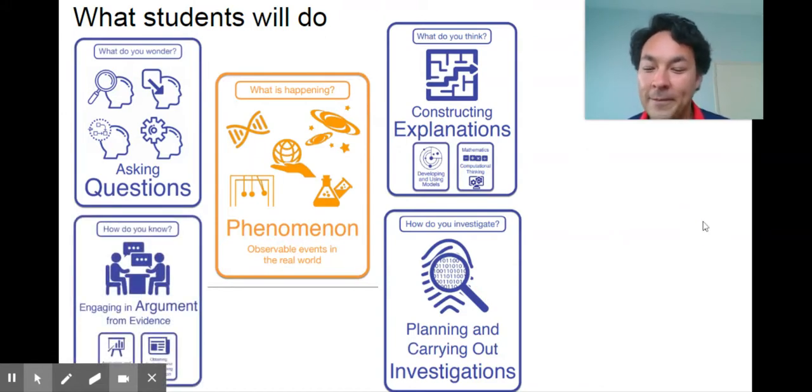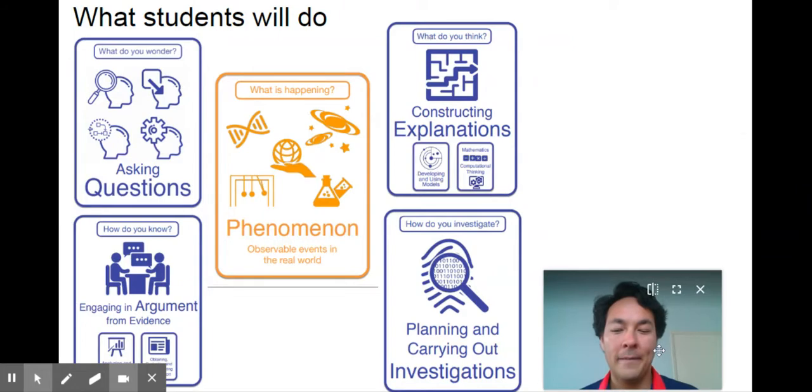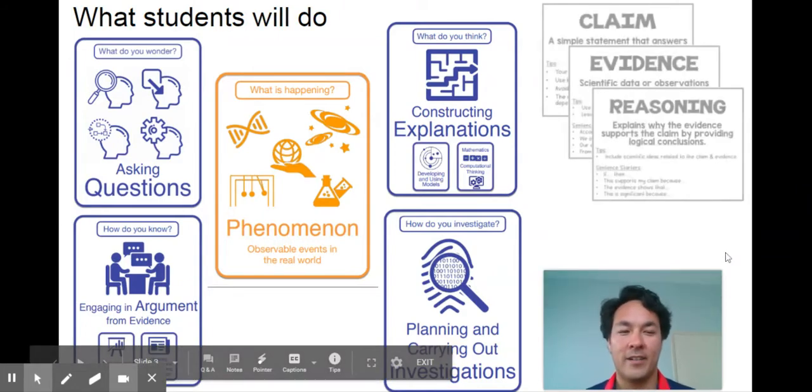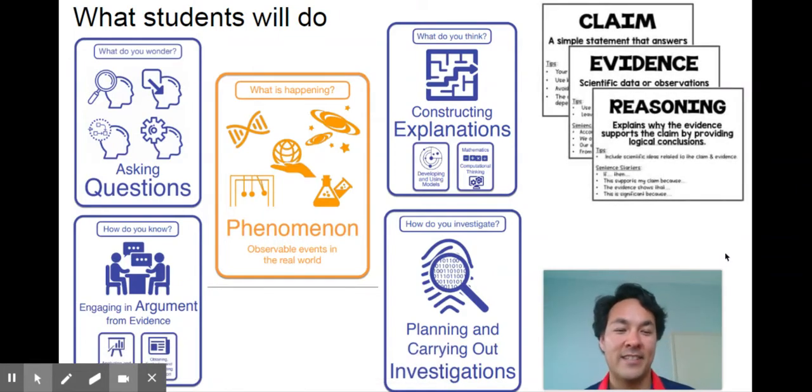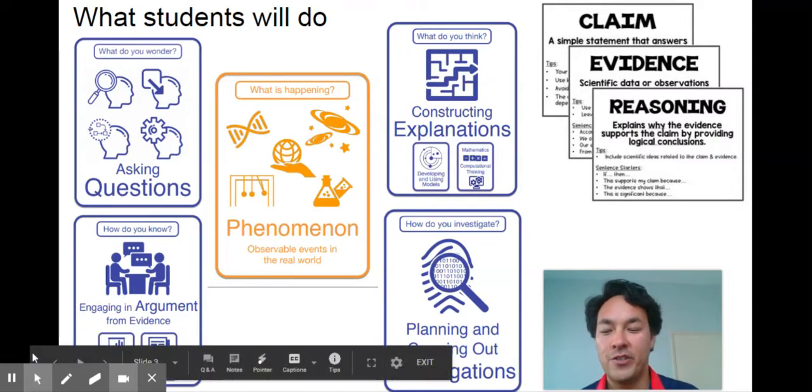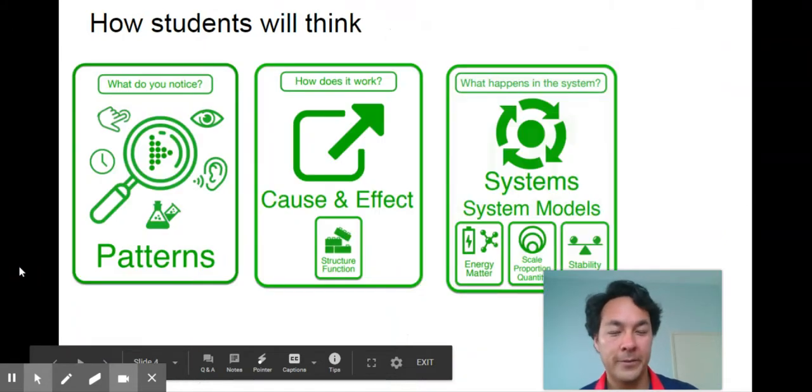And then once they have those experiments, they analyze the data, and they try to communicate that information and engage in argument. Arguments aren't just people yelling at each other. They're people trying to put forth ideas and debate them. Probably the most important thing about engaging in argument from evidence is claim, evidence, and reasoning. I know you've done a lot of that with Mrs. Johnson, and she's really developed me on it. We're going to work hard on how our evidence supports our claim with scientific reasoning. What justifies it? So that's what you will do. That's how you'll do those investigations.